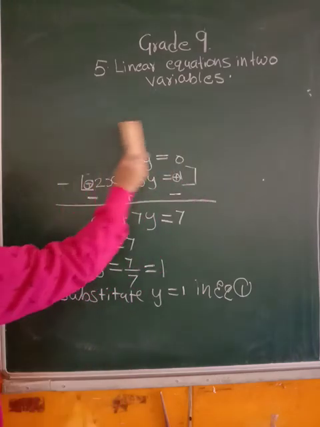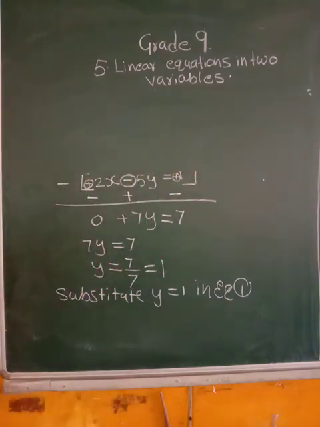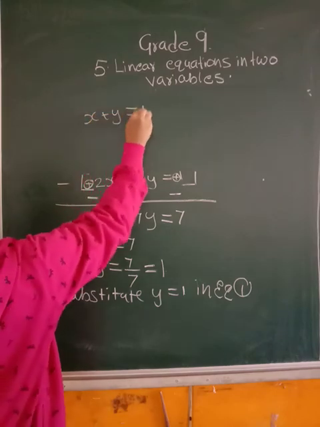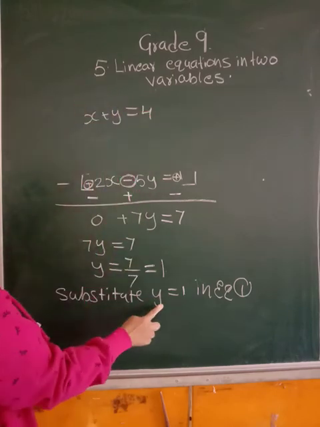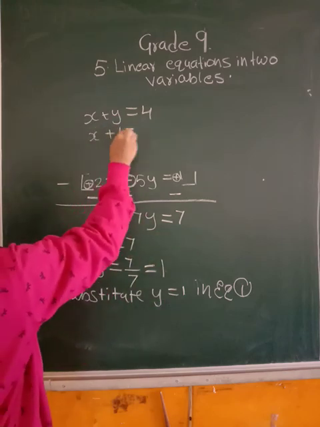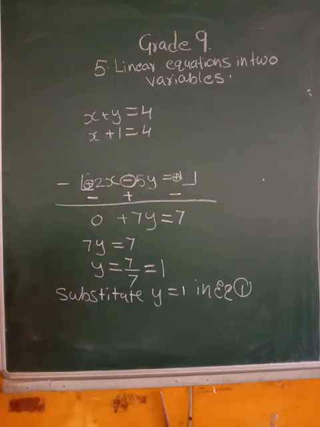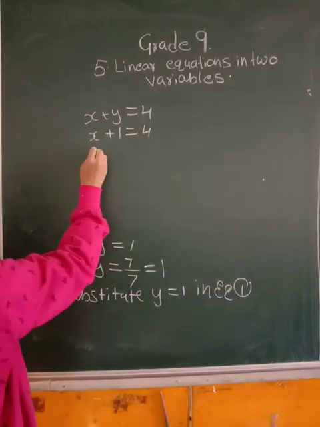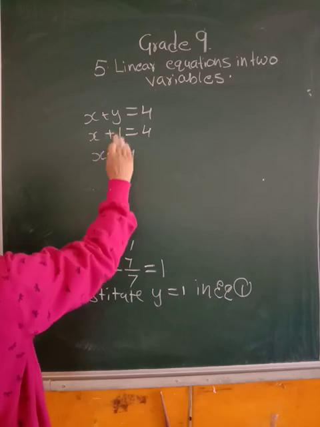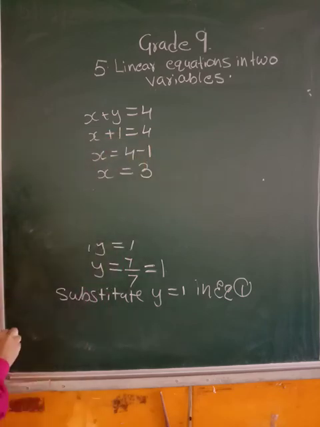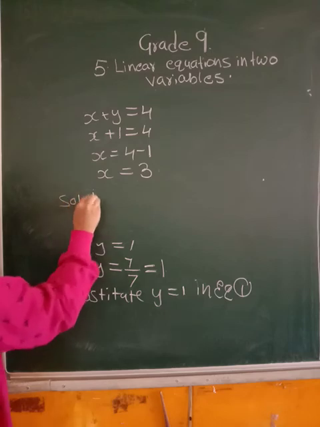Now see, what was equation 1? x plus y is equal to 4. This was the first equation, and we are going to substitute y as 1. And we have to find the value of x now, okay? So y is 1 and x we are finding out now. So x will be equal to 4, 1 shifted over here, minus. So how much did we get for x? 3. So what is the solution?